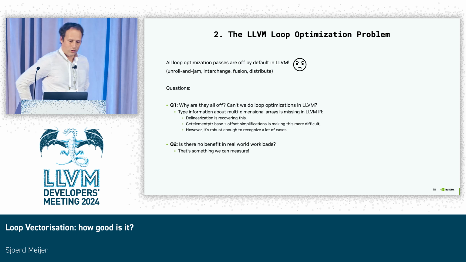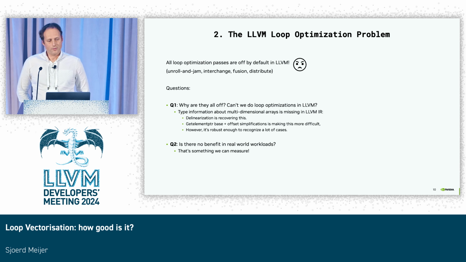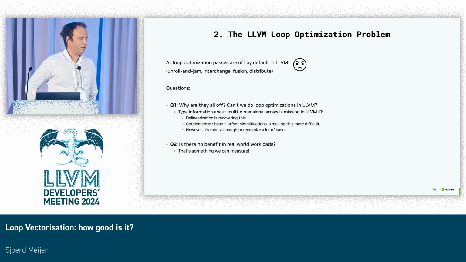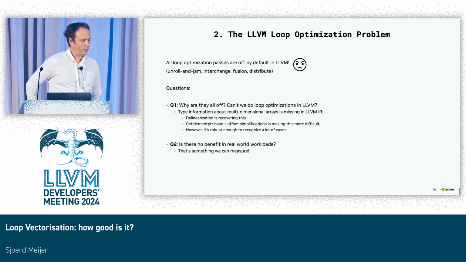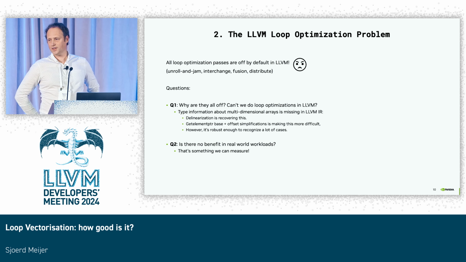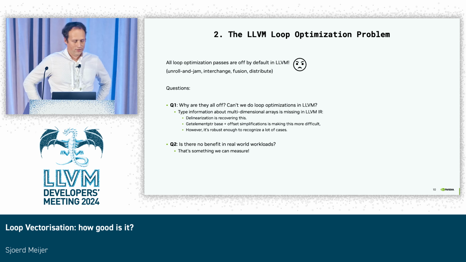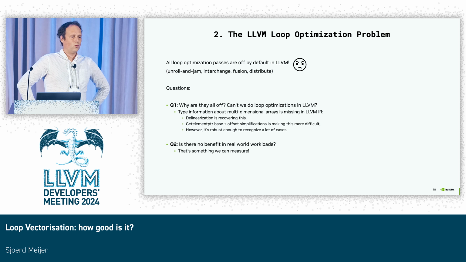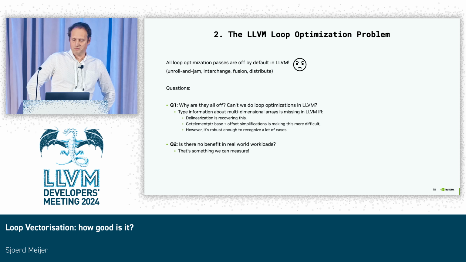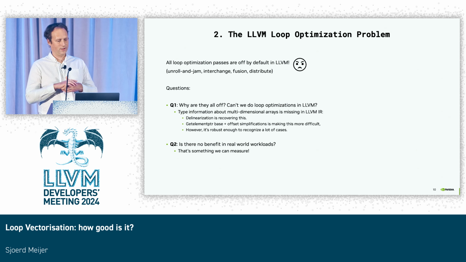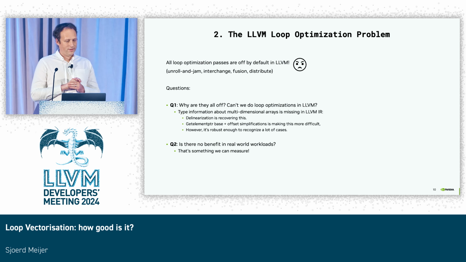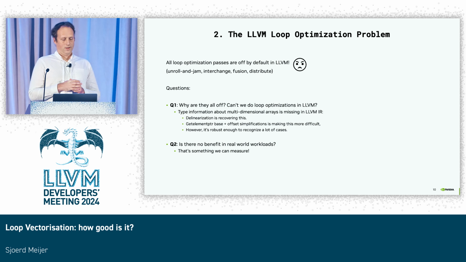Now, the next problem is loop optimization. So all these loop optimizations are available. The problem is they're all off by default. So all of them, unroll and jam, interchange, fusion, distribute, they're all off. So the question is, why are they all off? Can't we do this in LLVM? Well, there is an element to that because